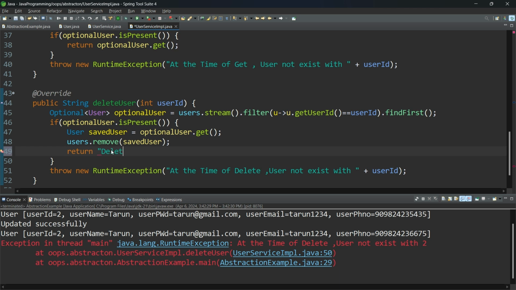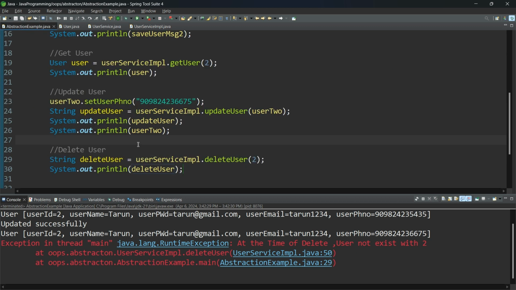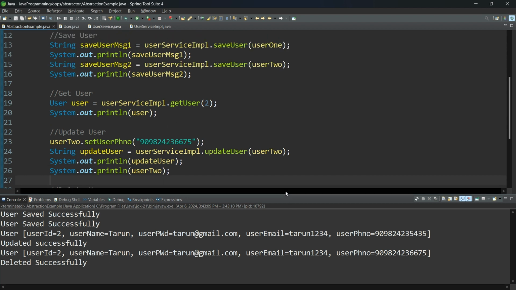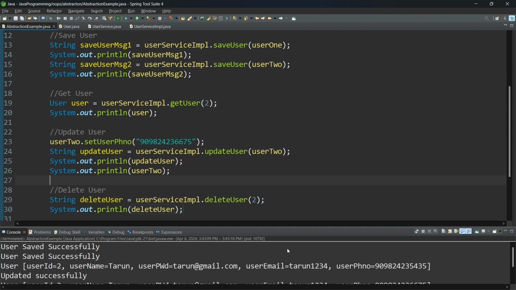So deleted successfully. Now let me run. In this case we won't get any exception. Deleted successfully. So with this I covered all four operations of abstraction with interface: save, update,